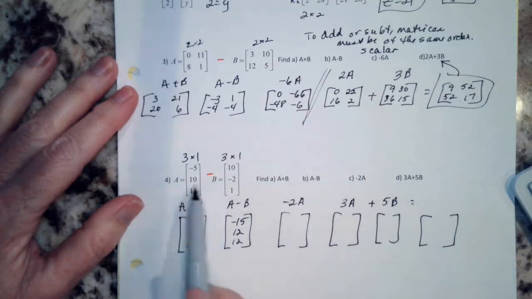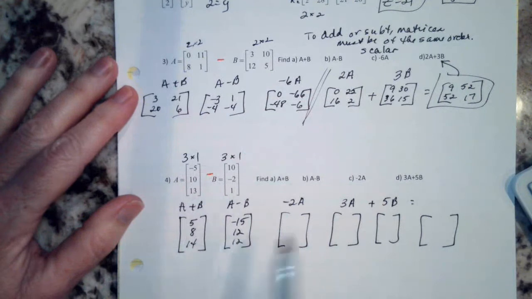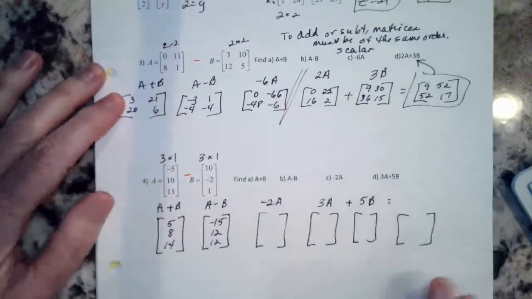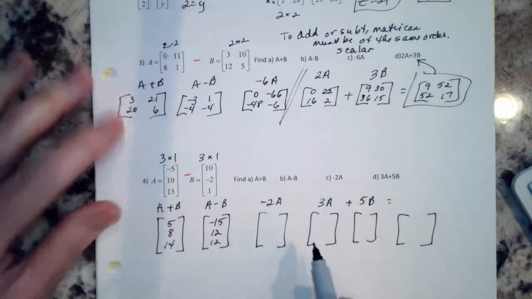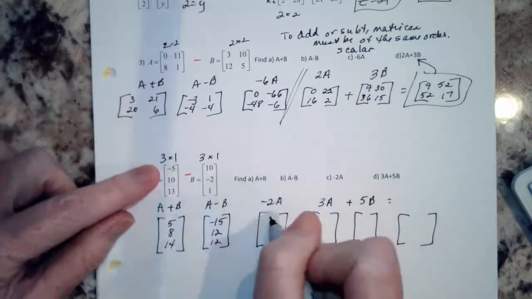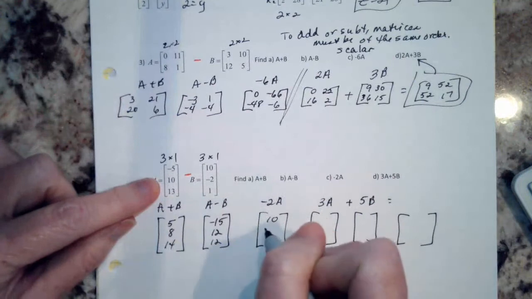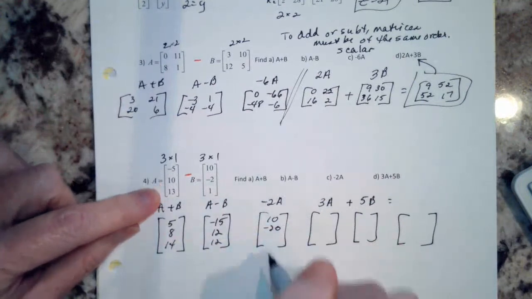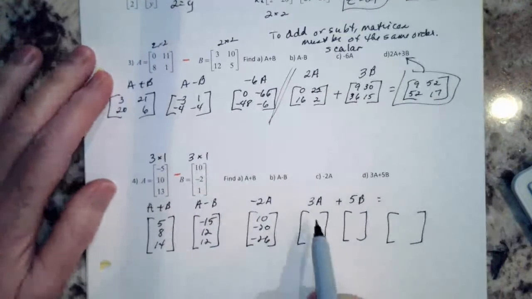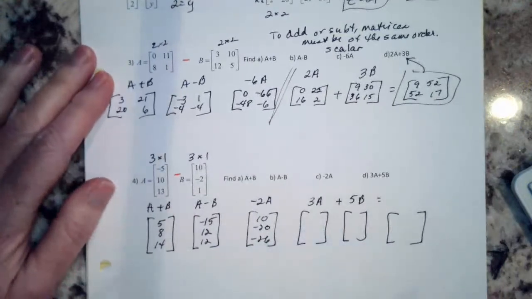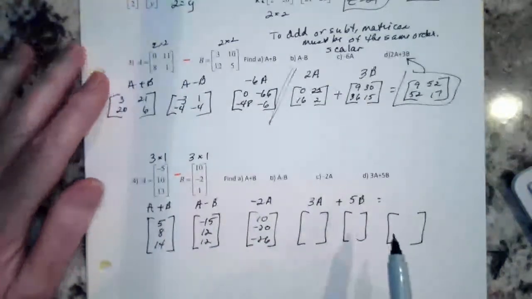Remember, they both have to have the same order: 3 rows, 1 column, 3 by 1, 3 by 1. So they'll create 3 by 1s. Okay, so a scalar of multiplying A times -2: -5 times -2, 10 times -2, and then 13 times -2. Okay, let's do a couple of scalars and then add them together. So 3 times A,